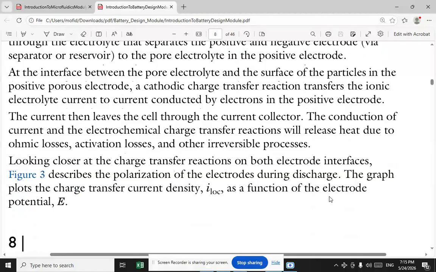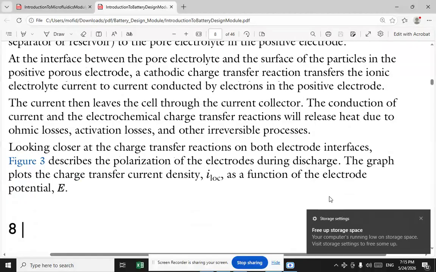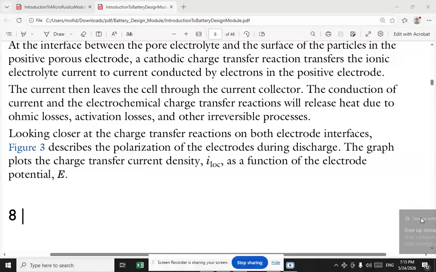At the interface between the pore electrolyte and the surface of the particles in the positive porous electrode, a cathodic charge transfer reaction transfers the ionic electrolyte current to current conducted by electrons in the positive electrode. The current then leaves the cell to the current collector. The conduction of current and electrochemical charge transfer reactions will release heat due to ohmic losses, activation losses, and other